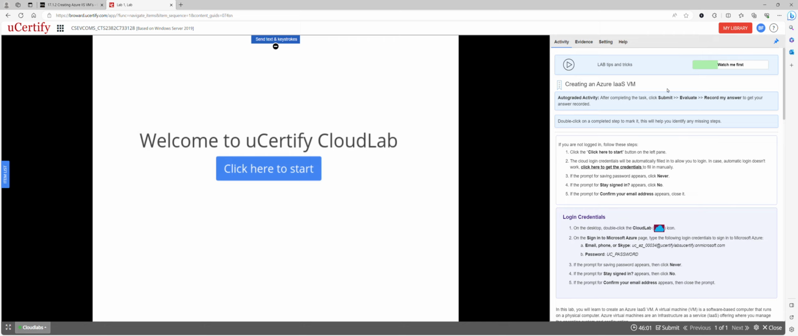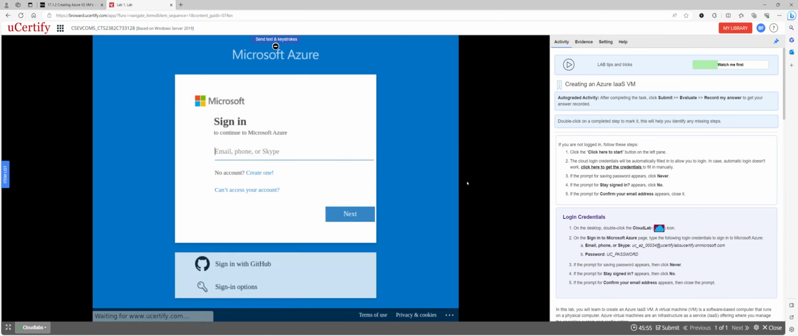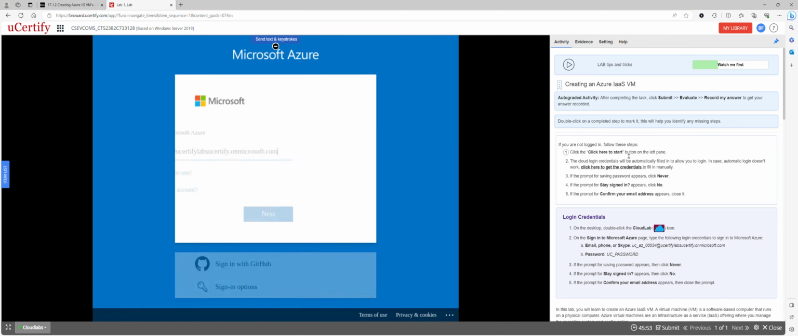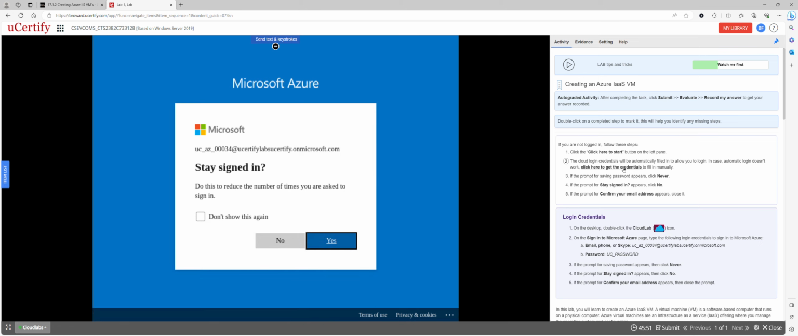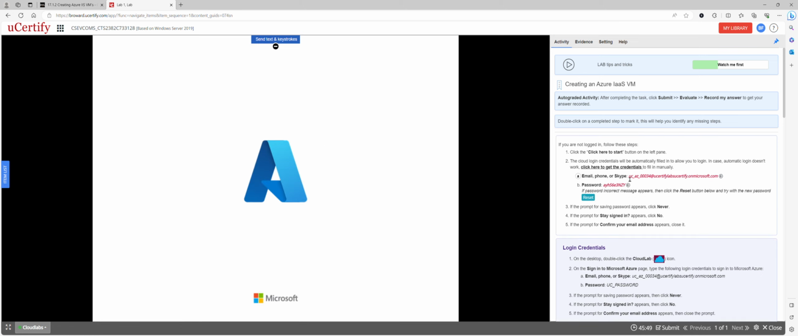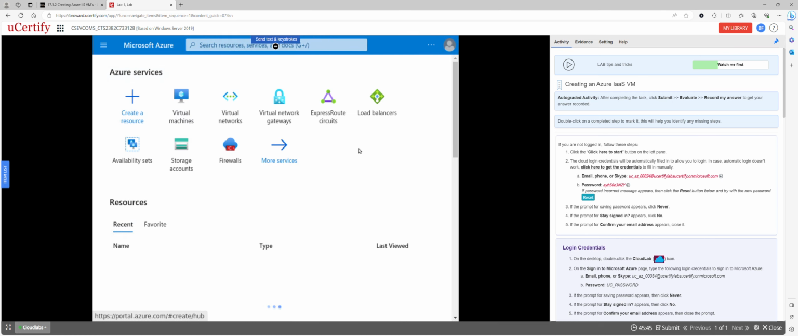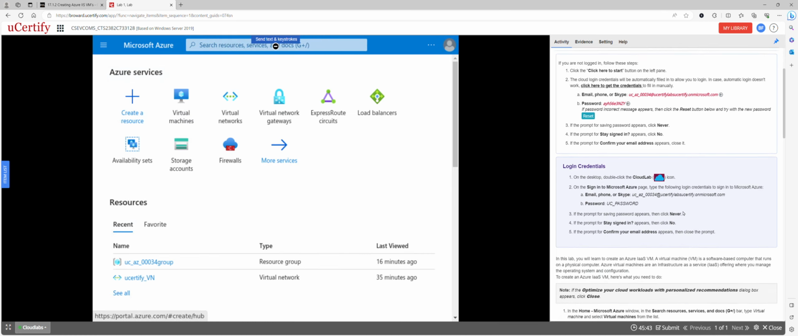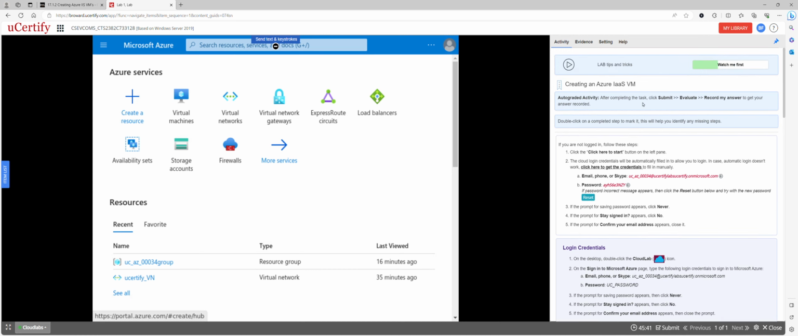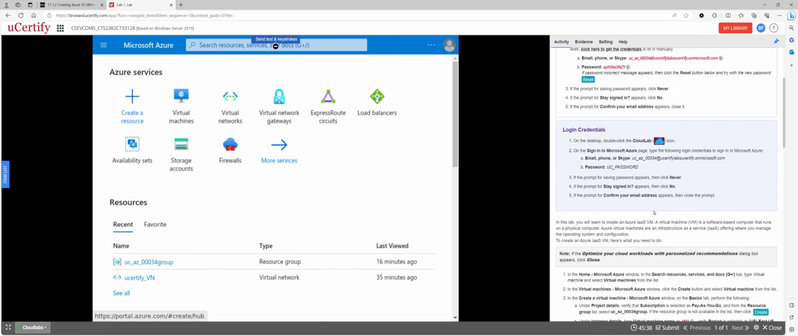So I reset my virtual machine because I walked through it once already. And now I'm going to click here to start. If it doesn't populate your name, here's the username, here's the password. Click the little arrow button to paste it in. So in this lab, they are talking about